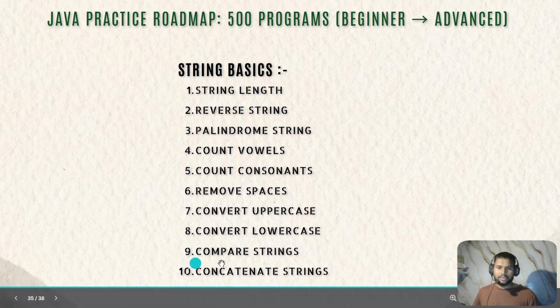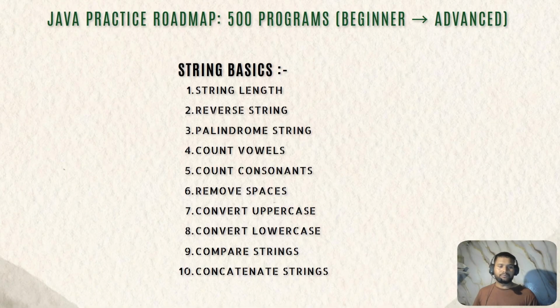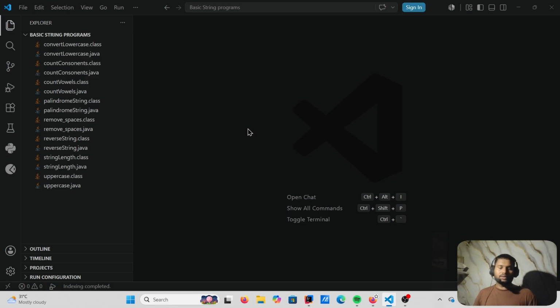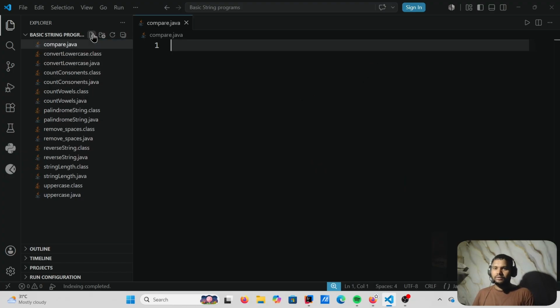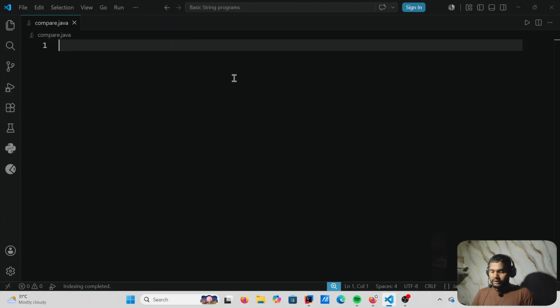Okay, this is our program: compare string. We need to compare two strings and check whether they are equal or not. So let's find out. Now we are in VS Code, and let's create a file inside this, that is compare.java. Go inside this file and write class, public class